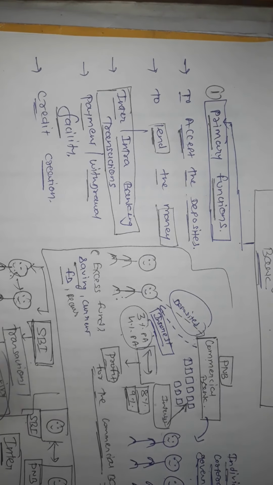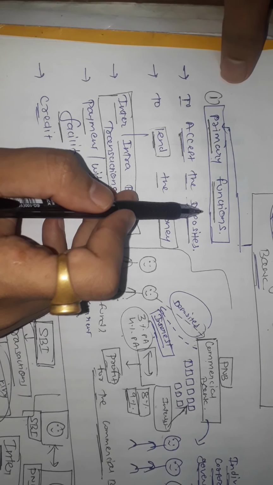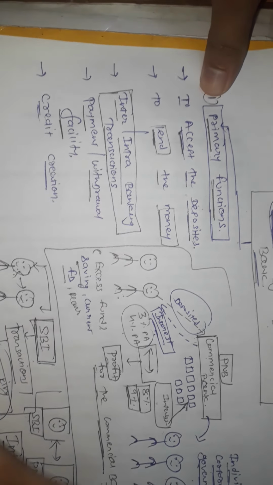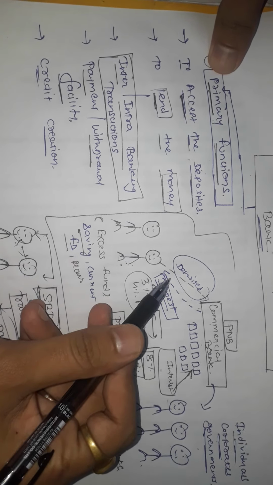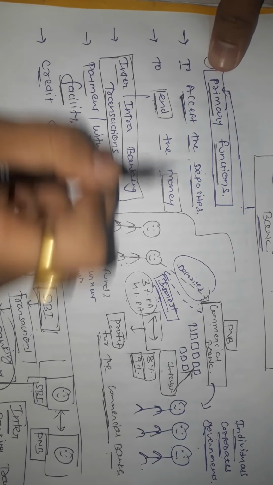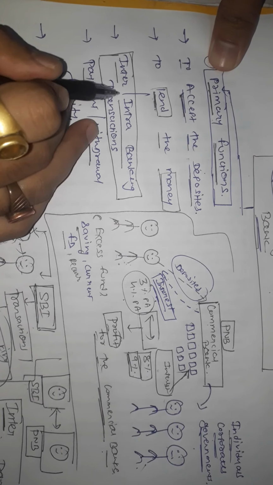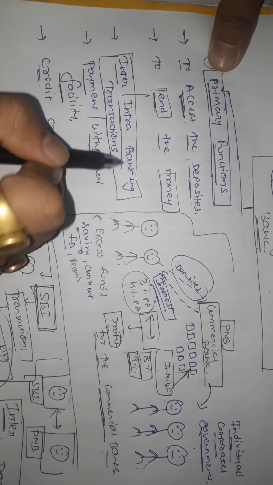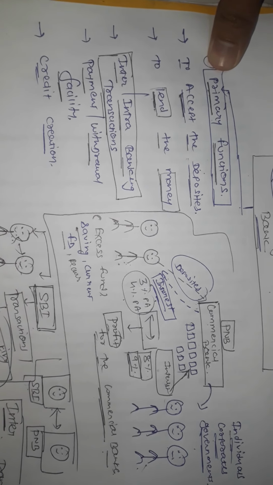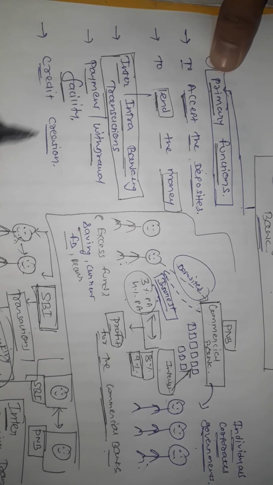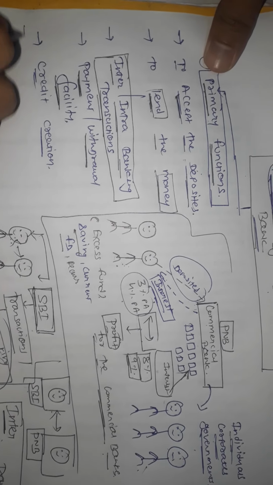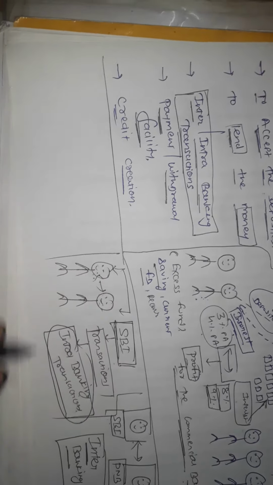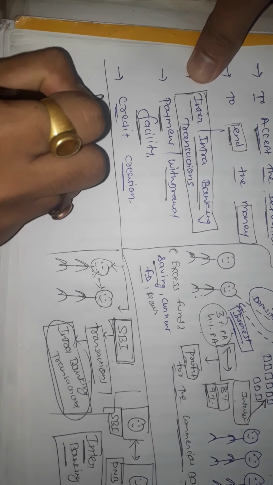So let's get back to our points, the functions performed by commercial banks: to accept deposits. They are accepting deposits from different people. They are giving loans, lending money to needy people. Then they are managing interbanking and intra-banking transactions. Fourth one, payment and withdrawal facility. Now what is the meaning of payment and withdrawal facility? Payment and withdrawal facility, that bank is